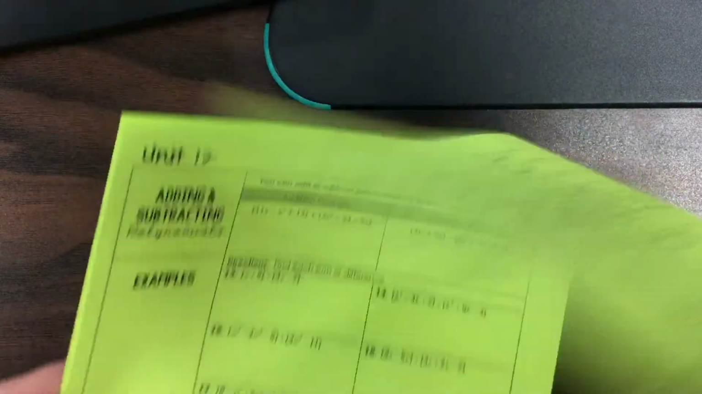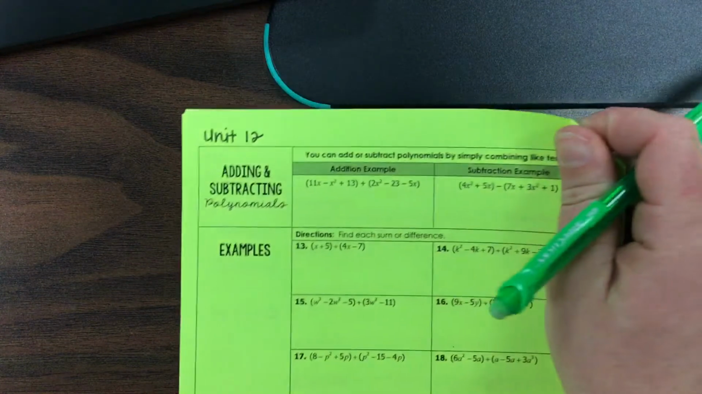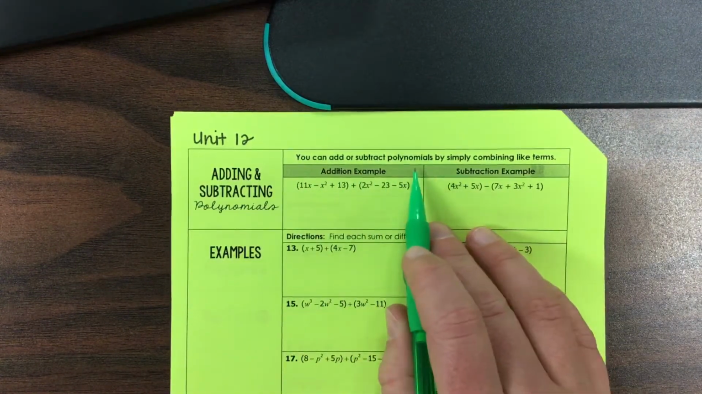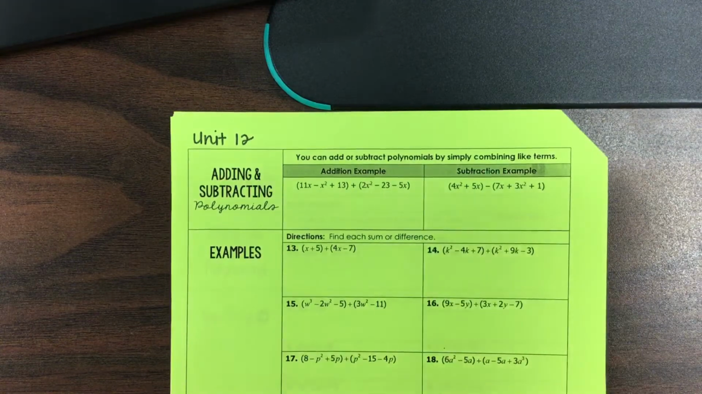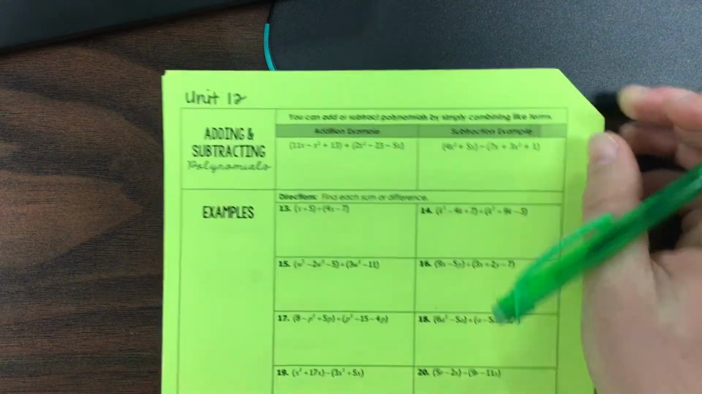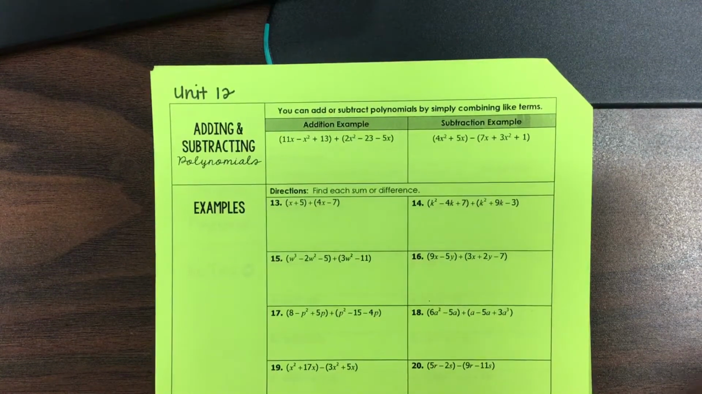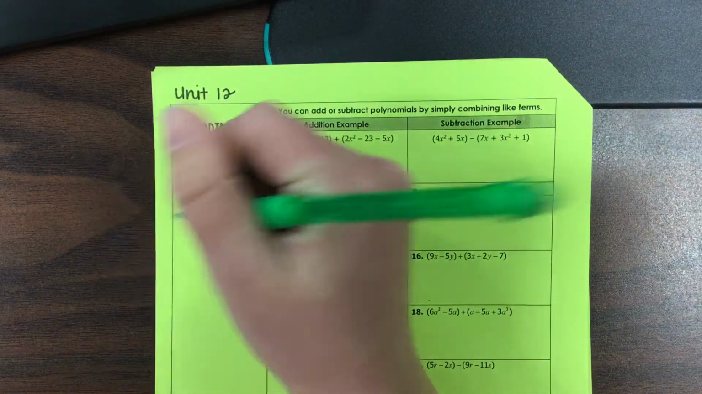So now looking at our new notes, we're going to learn how to add and subtract them. It says you can add and subtract polynomials by simply combining like terms. It is as simple as that. We've already learned combining like terms, but there's a little bit of extra work we have to do now that we haven't talked about in a while. So first thing I want to do is go ahead and add some notes over here